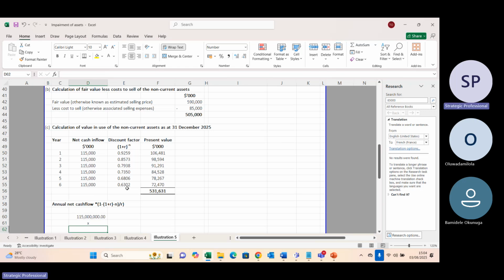So that is, you do 1 plus 0.08. Are you with me? 1 plus 0.08, that would be 1.08, right? Raised to power minus 6. Do you know why I got my 6? 6 is the total number of years. Are you with me? Yes, sir. Then divide it by 0.08. What do you get first when you divide it by 0.08?